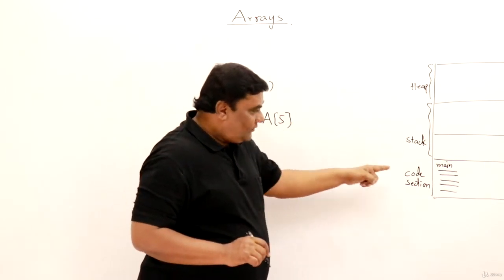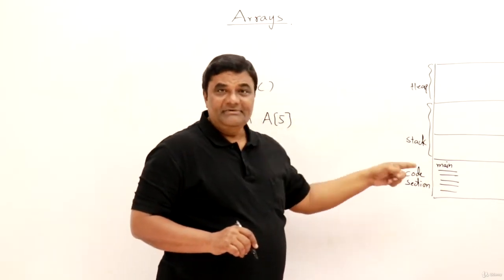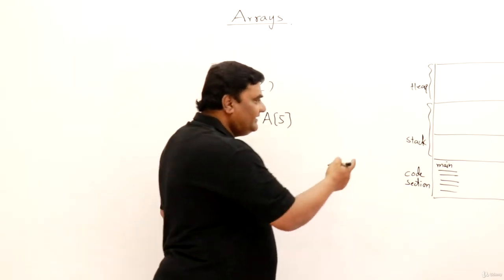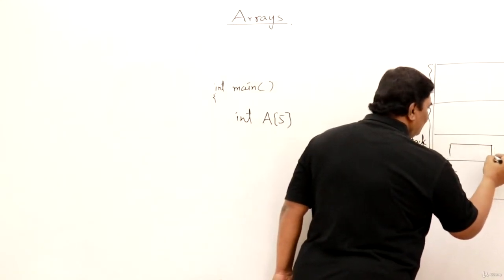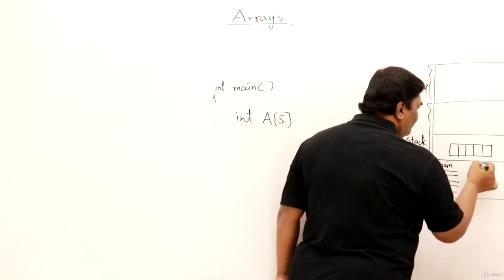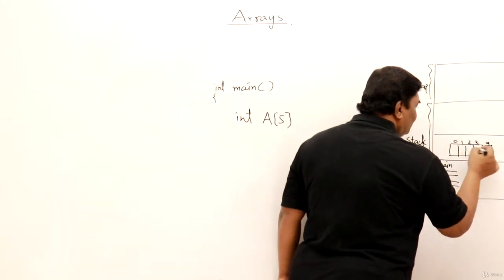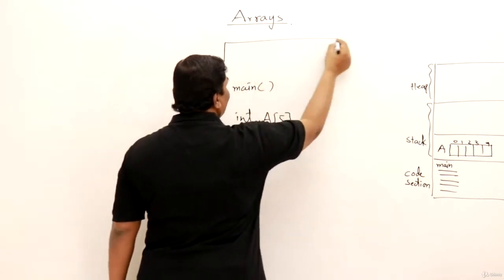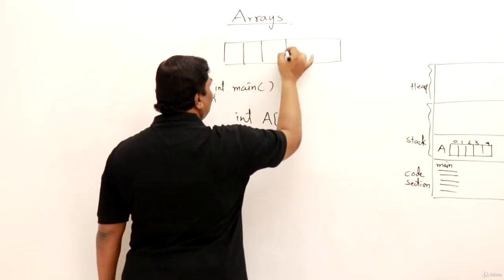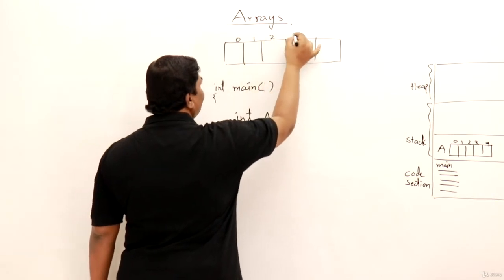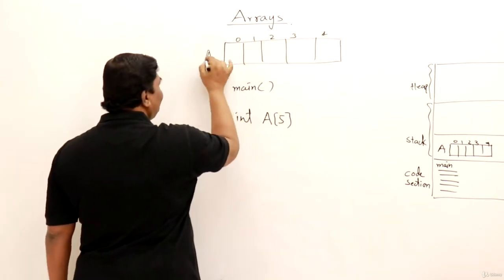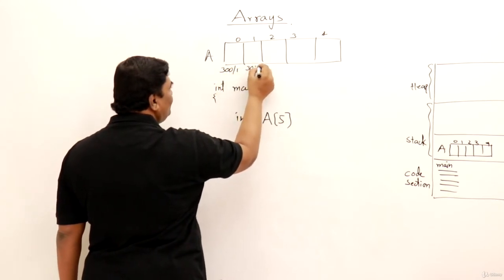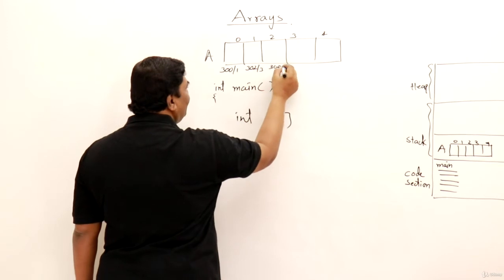Now when the main function is running inside the main memory, the program is running, this will take memory. So where will it take? Inside the stack. So it will consume memory here. 0, 1, 2, 3, 4. So array will be created like that. So that picture I will draw here once again. So let us take a bigger picture. These are the indices, right? So I already have shown you that if the addresses are there, suppose the first address is 300, then this is 301, this is 302 and 303, 304 and 305 and so on.